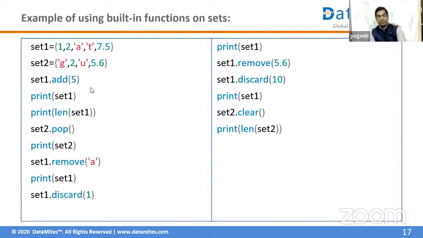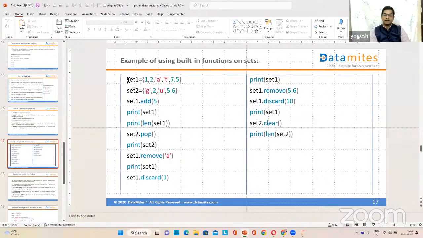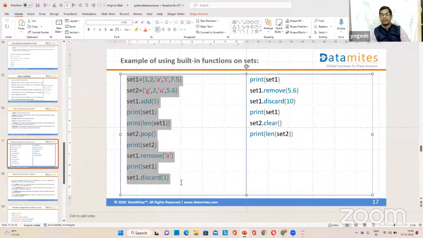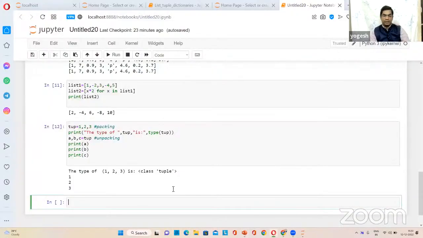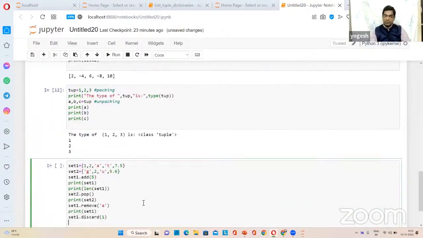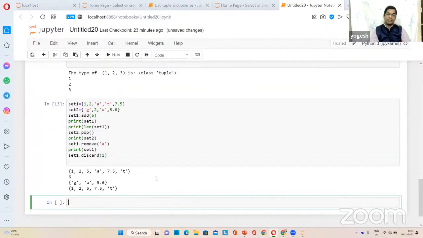Maybe I will just copy this and show you how it works. It's not going to take even a minute. I have added 5 with set1.add(5), and then I am printing set 1,